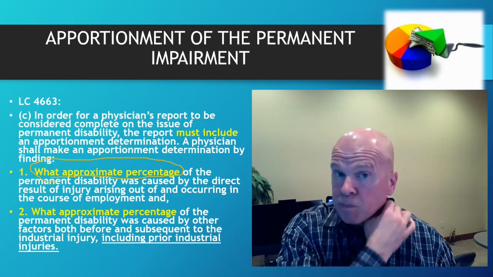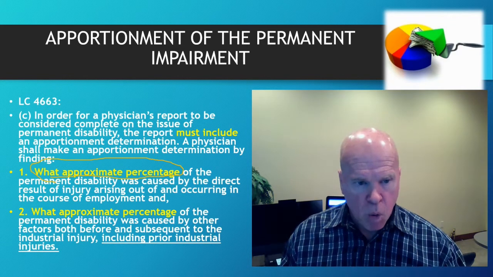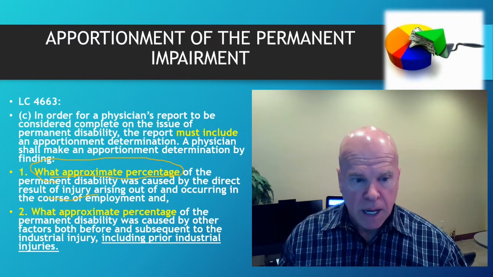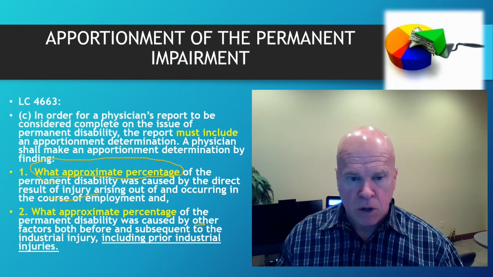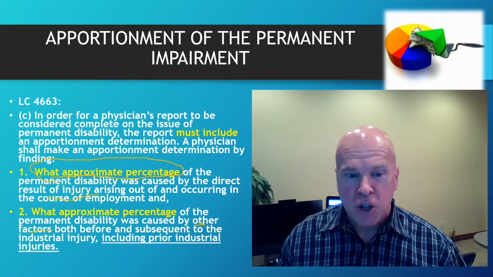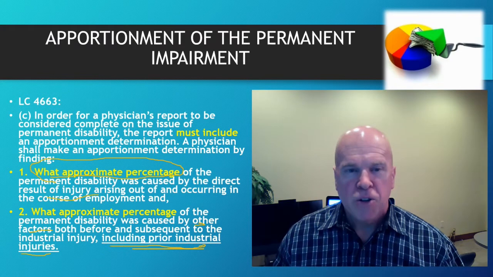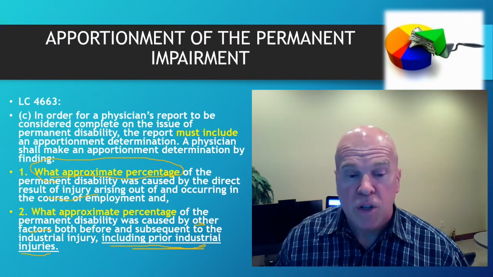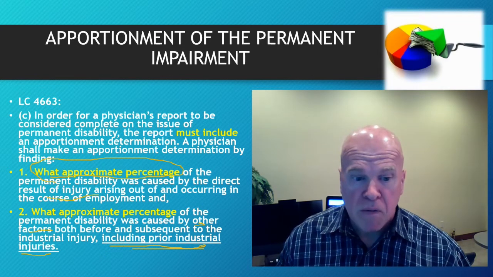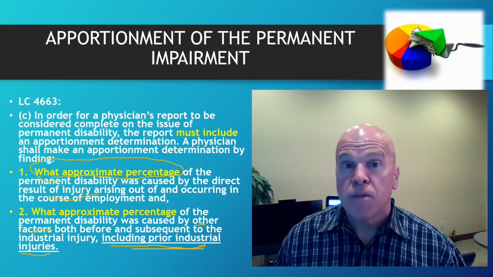Now notice, this law was rewritten in 2004, and this language here that requires an approximate percentage to be due to the industrial injury and an approximate percentage to be due to other factors, this law was specifically languaged to include a consideration of prior industrial injuries. Now notice that it doesn't say prior auto accident injuries, it doesn't say prior sports injuries, it doesn't say prior slip and fall injuries. It's specific to prior industrial injuries because lawmakers are well aware of the fact that many